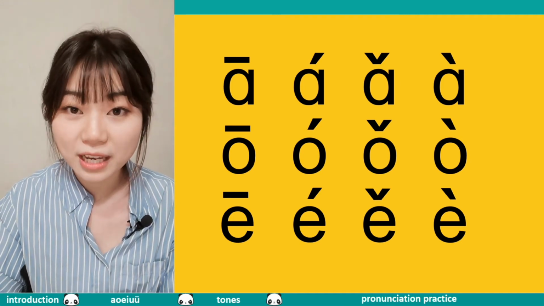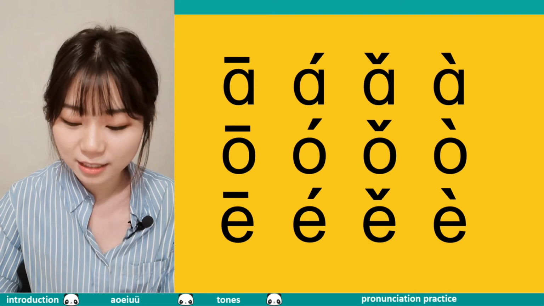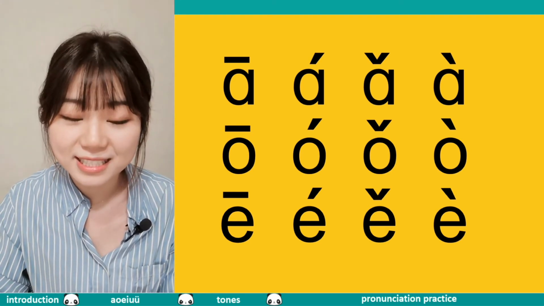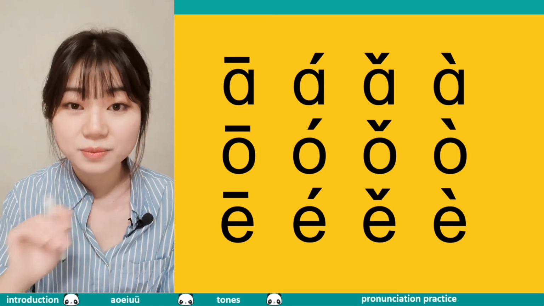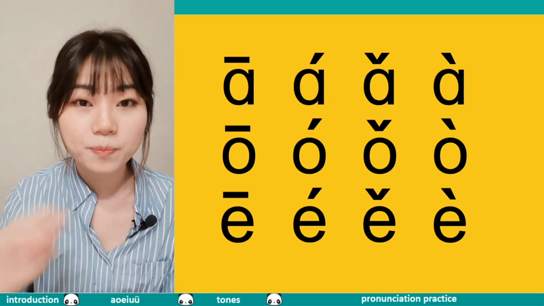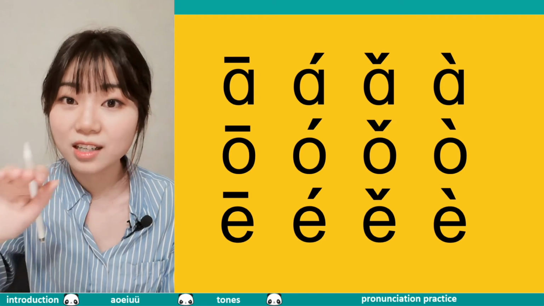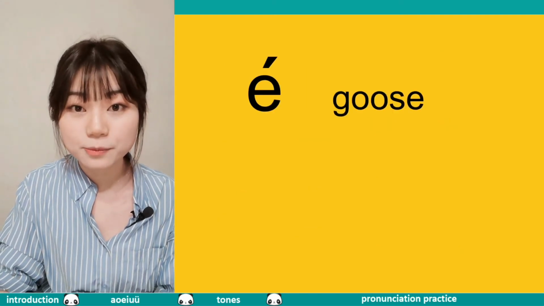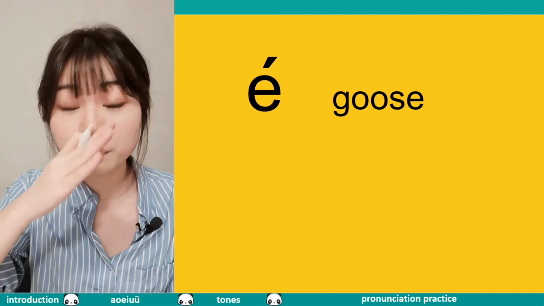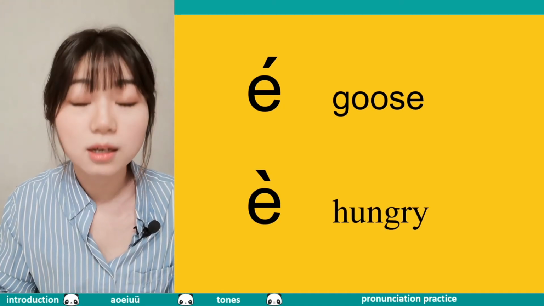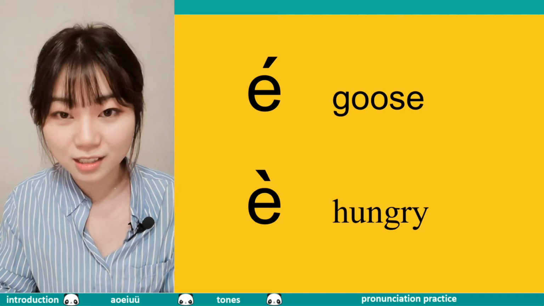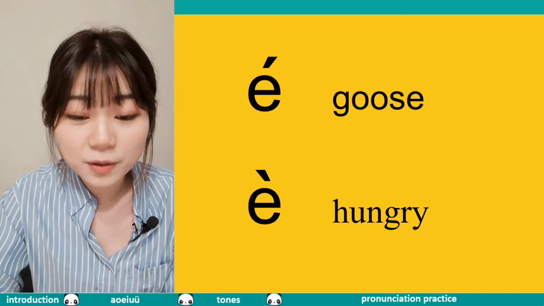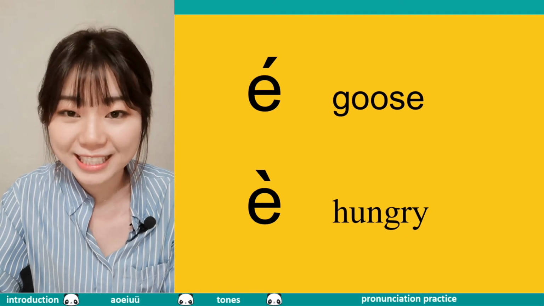And why do we have those tones in Chinese? Well, in Chinese, different tones can represent different meanings. Like with the second tone, it means goose here. And the next, with the fourth tone, it means hungry here. So you can see that the tone is a very important part of learning Chinese, and it's